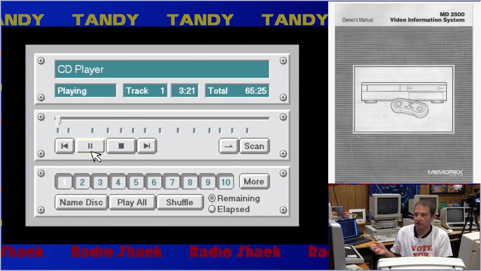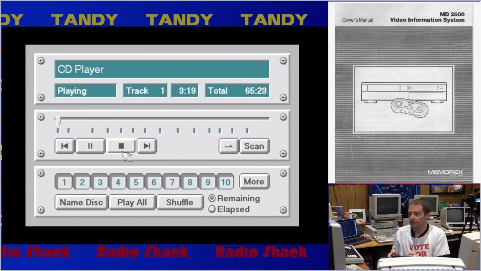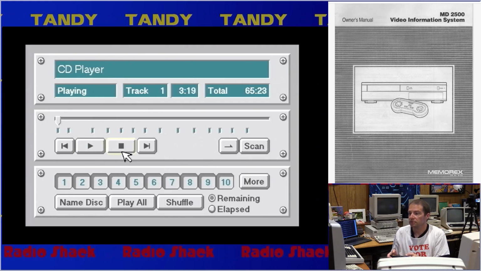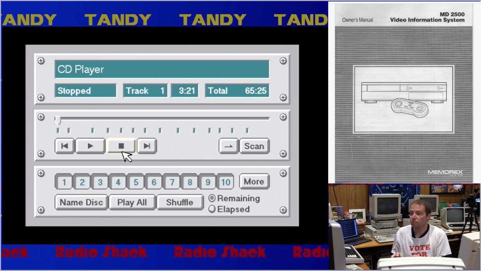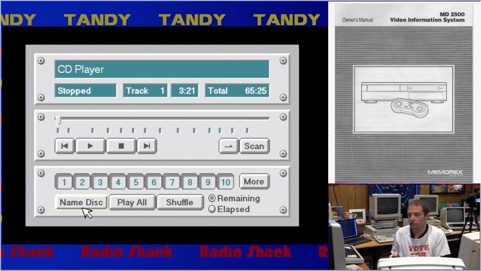Okay. Hasn't started playing. Oh, and it started playing. So we're just going to stop that. Okay, hopefully that didn't play too much. Now, the interesting thing is, because I have the Save It card in here, I can pick